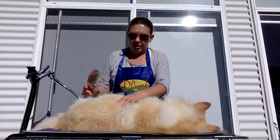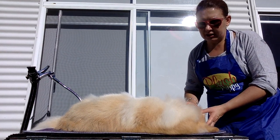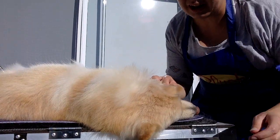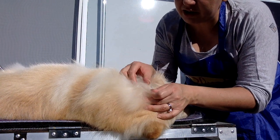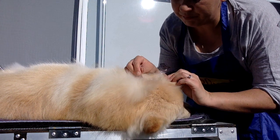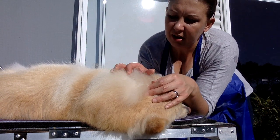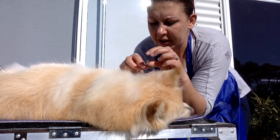Alright, a couple of other spots that I just want to focus on before I pause and do the other side. One is this area, and I'm actually going to bring the camera in a bit closer, so hopefully you can see it. It's this area, we've got the ear here, and it's this area directly behind the ear. You will notice that the coat is significantly softer than anywhere else. Right? That fineness, that softness,